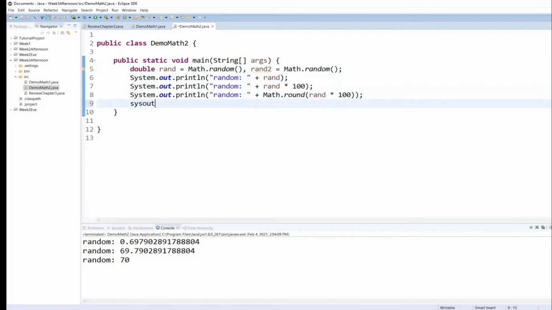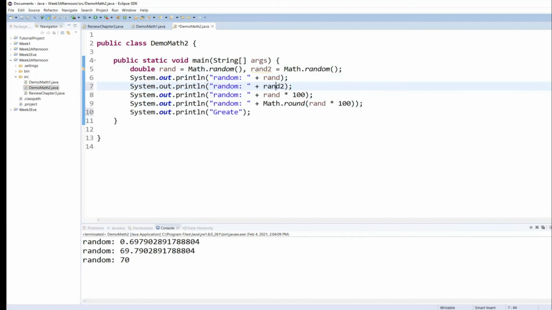So we can also do this by calling, or rather, let me display both random numbers so that you can see what their values are, random 1 and random 2, and greater of the two random numbers. And then you can call math.max and then give the two random numbers, and it will automatically give you